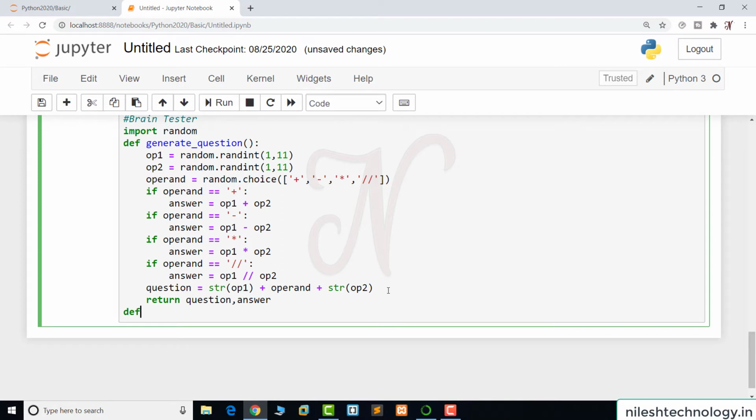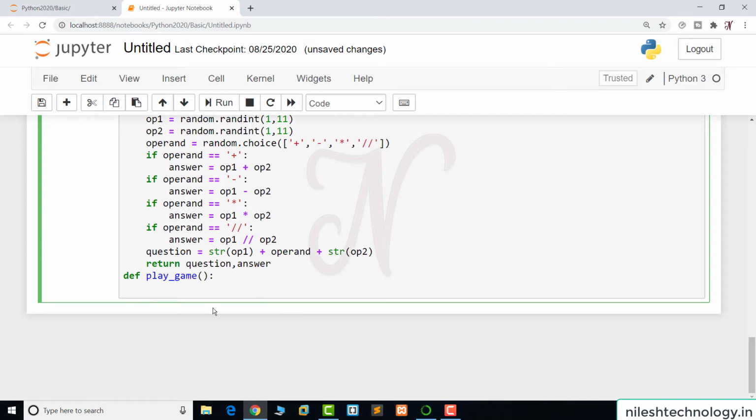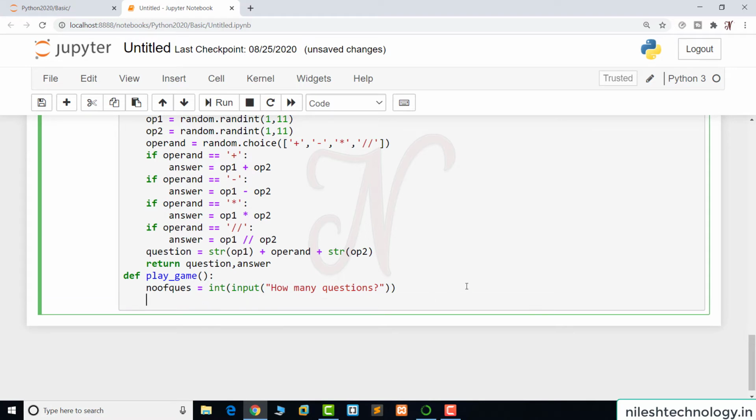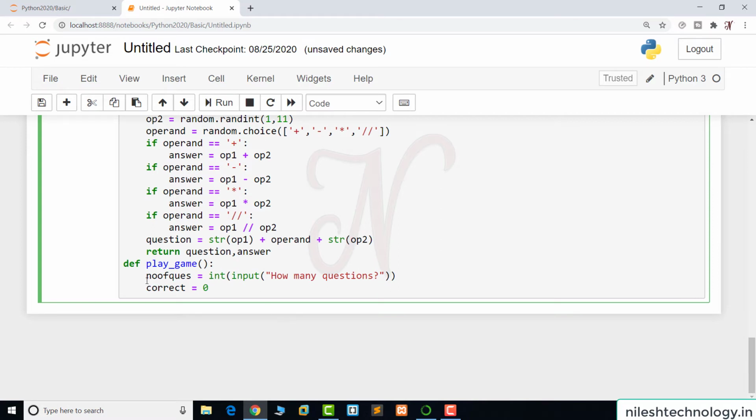So we create one more function. This function name is play_game. First we accept the number of questions count from the user. So number of questions is equal to, here we use the input function, how many questions. This is my user input, and we store the question count in the number of questions variable. We use one correct variable and assign the correct value 0. So if your number of questions is 5,